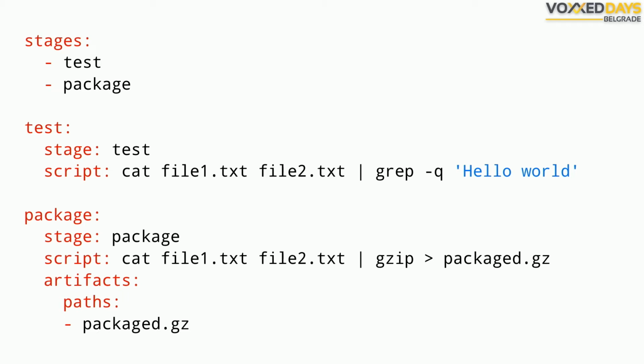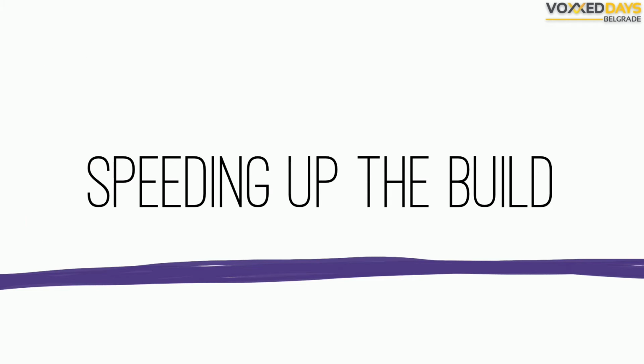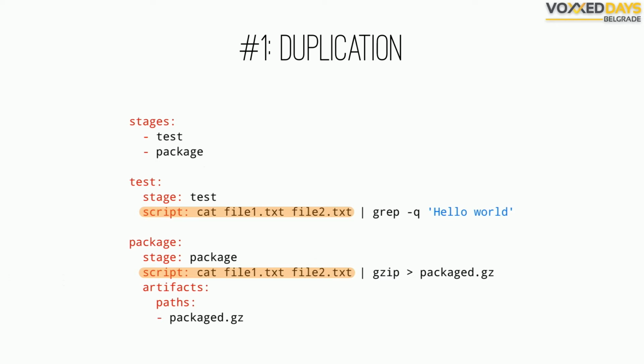Now they are running sequentially, and the next problem we have is performance. First of all, we might notice that now we have a duplication here, so we are executing the same command twice. And you might say that concatenation is not a very performant task. But in a real system, of course, there can be some compilation step, and you don't want to run it twice. So let's get rid of this, and let's create another